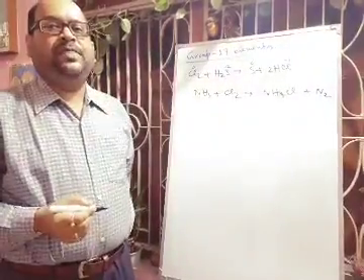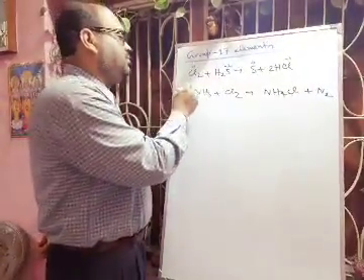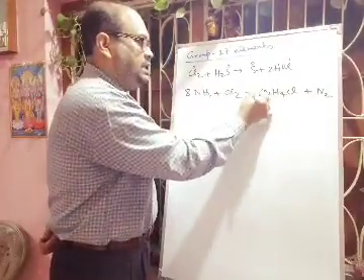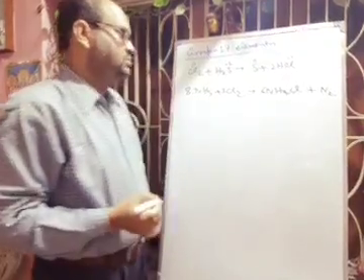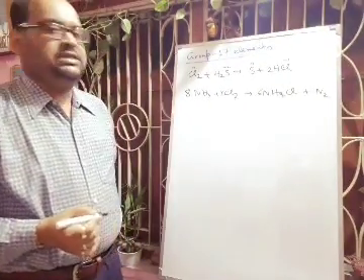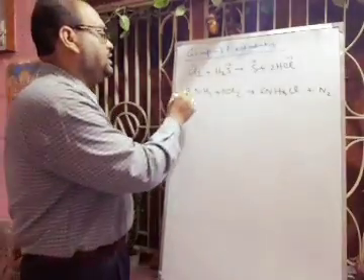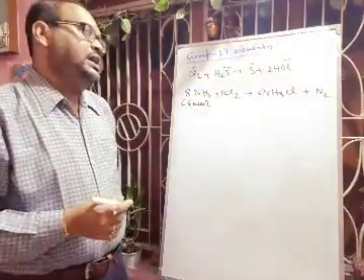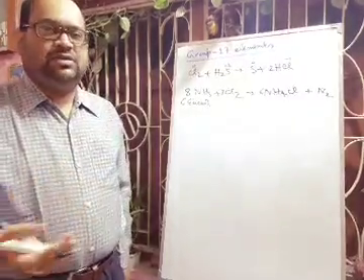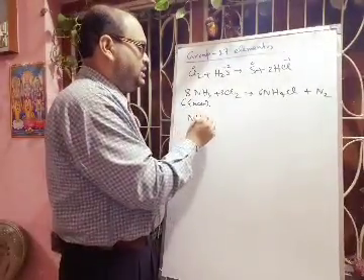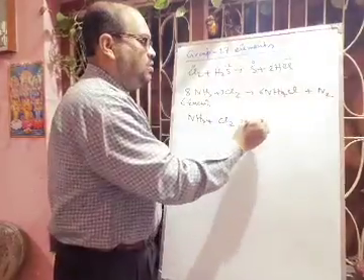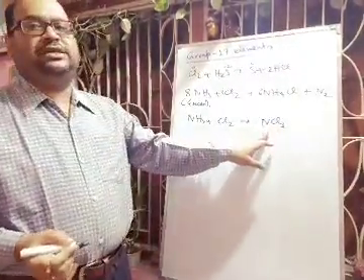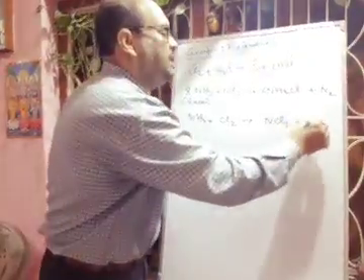Hope you can understand. Now you have to balance this equation. Here you have to put 8 NH3, and then here you have to put 6, and I have 3 Cl2, and I think nitrogen is balanced. Okay, so here we are using excess ammonia, so you will get ammonium chloride and nitrogen. But if you take excess chlorine, NH3 is reacting with Cl2, forming a yellowish liquid. Yellow color liquid is the explosive nitrogen trichloride, as well as there will be formation of HCl.